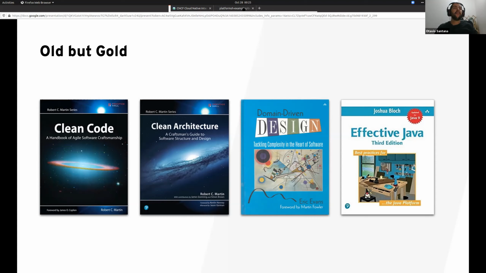The last one is Effective Java. It has good practices to optimize your code to run Java applications. It has several tips about collections, lambda, strings, and so on. Those are amazing books. If you are not a Java developer, you can just read the first three: Clean Code, Clean Architecture, DDD. And if you are a Java developer, you need to take on all. So read Clean Code, read Clean Architecture, the DDD, and yes, Effective Java.